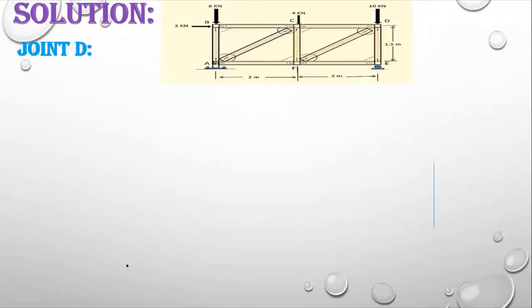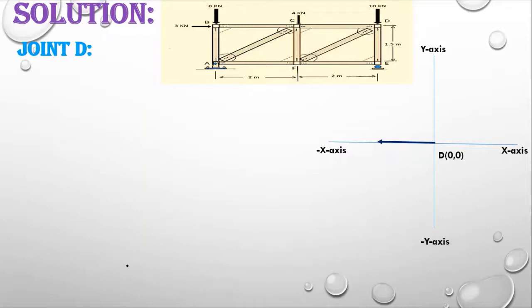So here it is, joint D. We are going to make a free body diagram at joint D. There is one vertical force acting downward, that is 10 kilonewton. So we have to write down the positive x-axis, minus x-axis, positive y-axis, minus y-axis. Then there is one member force acting directly on the minus x-axis, that is FDC, and it